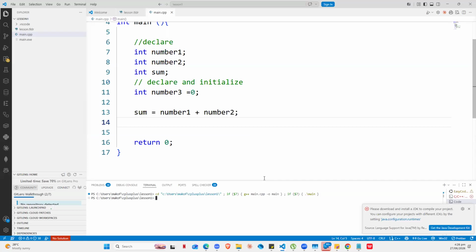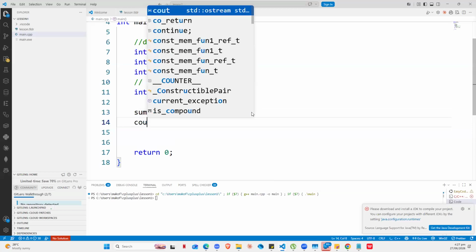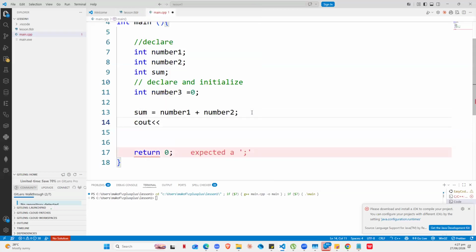Okay. Why is nothing going on? Because I haven't told the computer that when you are done calculating, show the user. How do we show the user? We will say cout, two signs, sum, endl. So when I now go and run it again, it will tell me that,